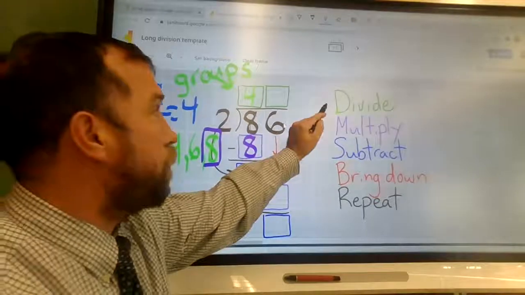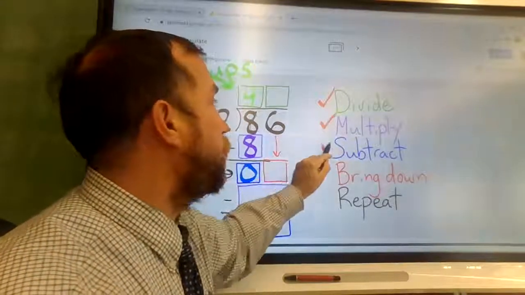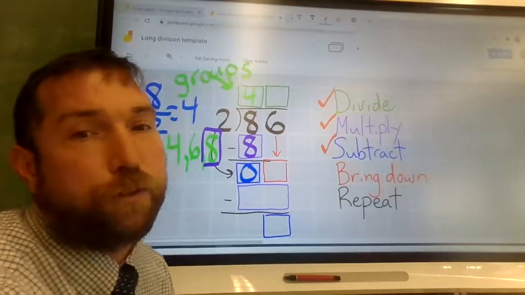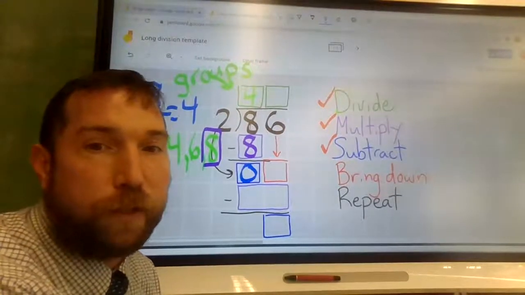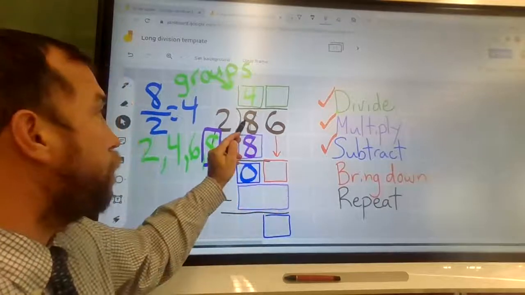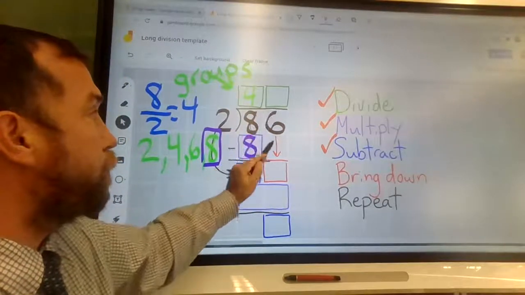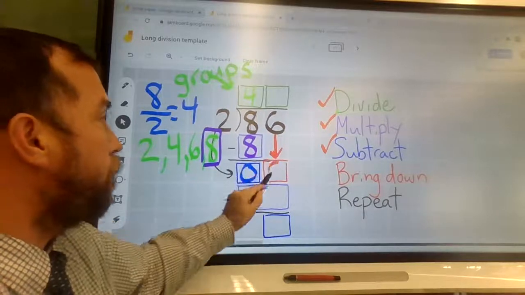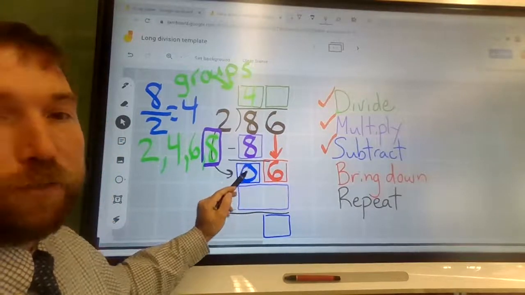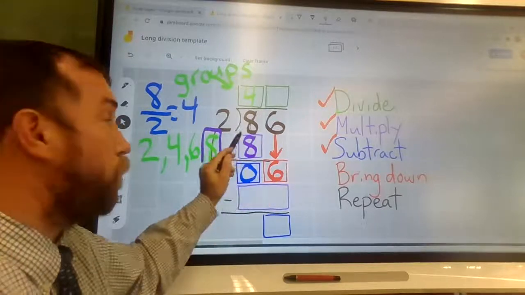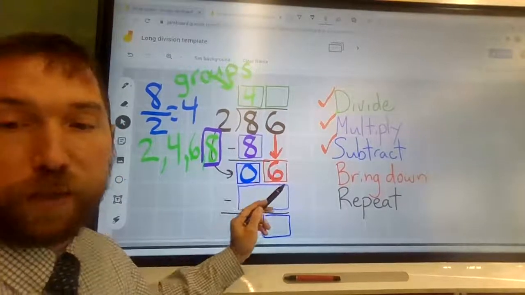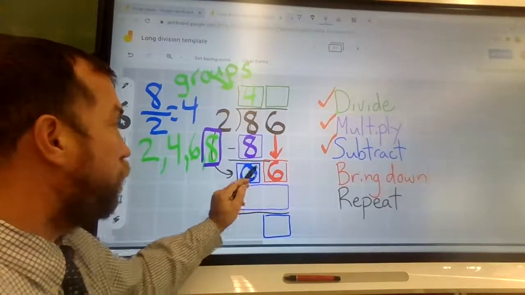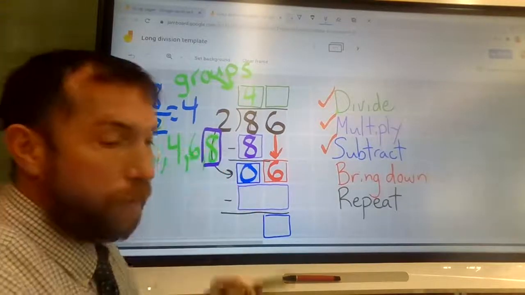Now, that was D, M, and S we did. Okay, you guys seem like you're pretty good with that part. And this is where some of you seem to be getting tricked lately. Then I bring down. I already used the 8. I haven't used the 6 yet. I draw this little arrow underneath. That comes down. If there had been 1 left over, that would now be 16. Since there wasn't anything left, it's only 6 at this point. Okay, there was nothing else left over, so it's just the 6. And then the repeat